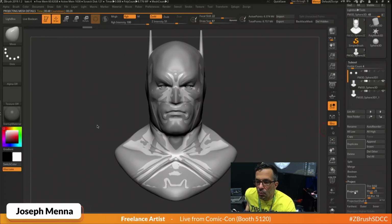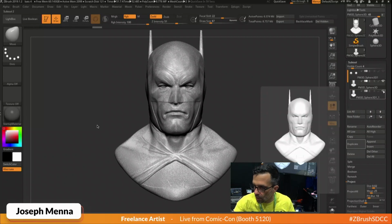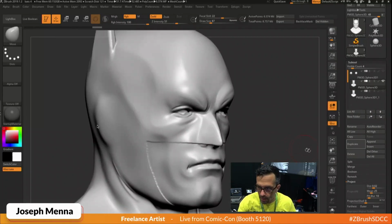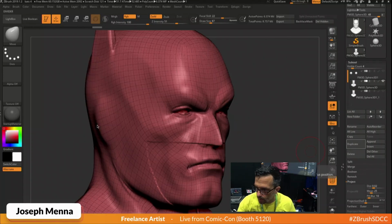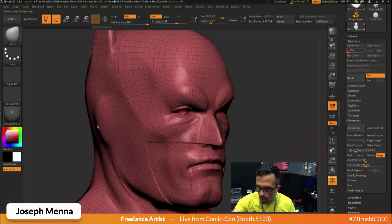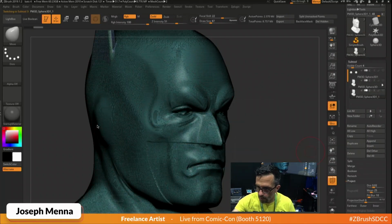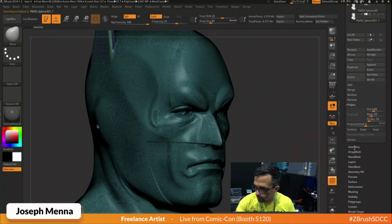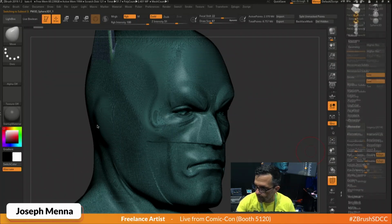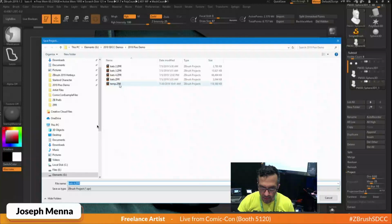So you see that orange slider? What ZBrush is doing now is basically vacuum forming my new model to my old model. So all that detail is now there, on a subdivided model. It's super cool. It's all different levels of geometry, going all the way back to the first level, instead of being locked into one model with no subdivision. First I'm going to hit save temp,